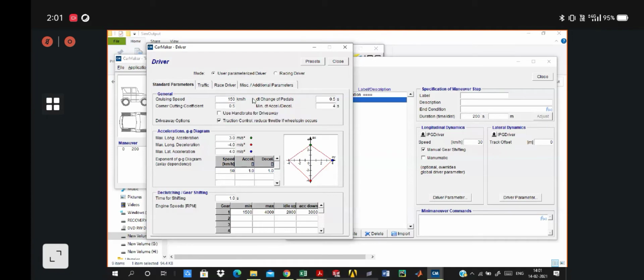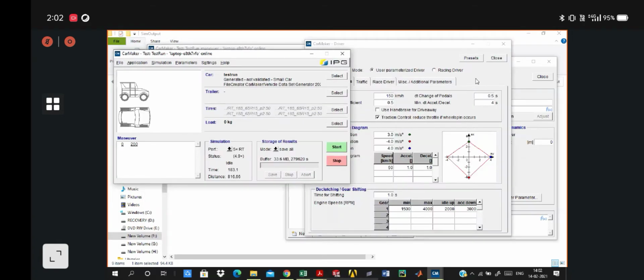For now, I am not changing any values here. We'll see how the vehicle performs in the simulation. Afterwards we can try some variation, some iteration of these values to better understand the behavior of the IPG driver, the IPG normal driver.